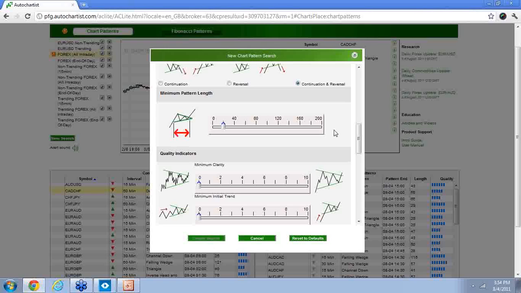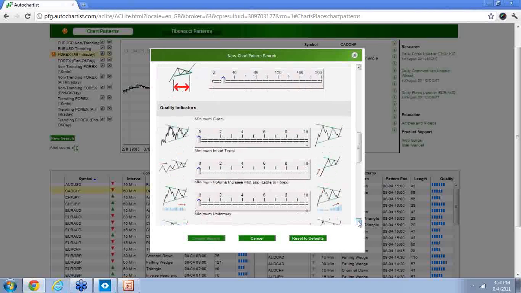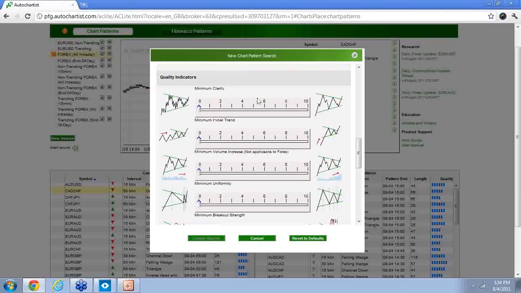So it's kind of like playing cards. You can play a certain amount of hands before you know if you're a good card player or not. All right, now we also have the ability to look at those quality indicators I talked about before, and that includes the minimum clarity. As I showed you before, you could go to that I button